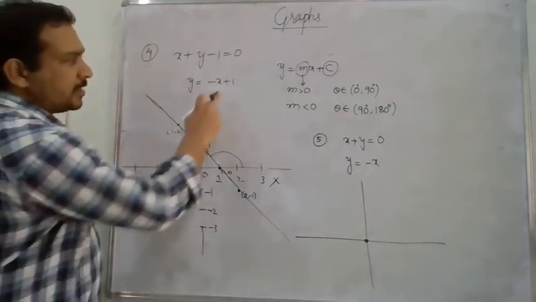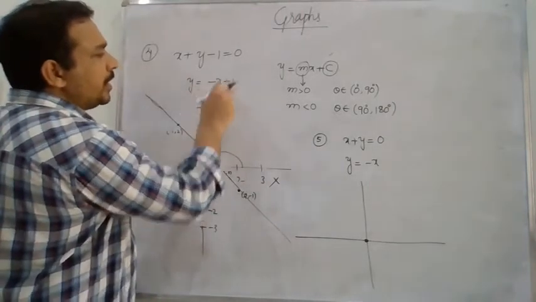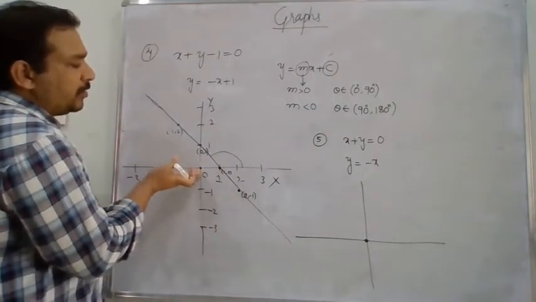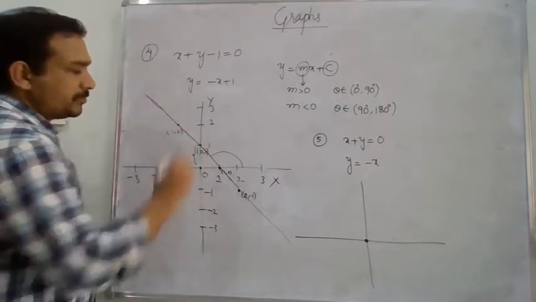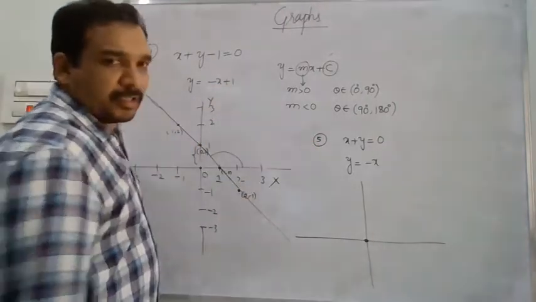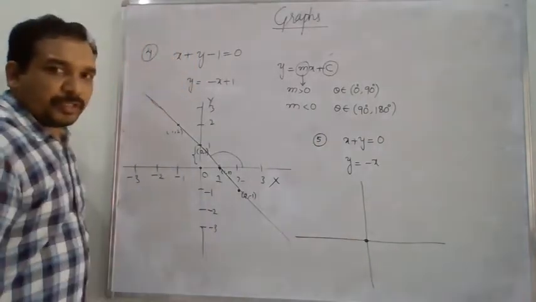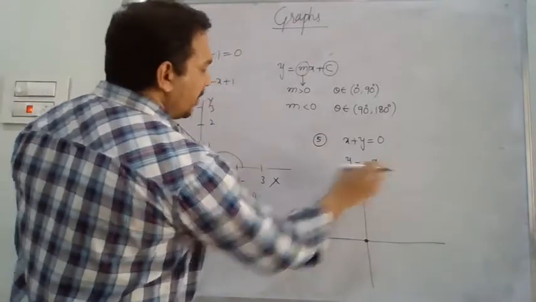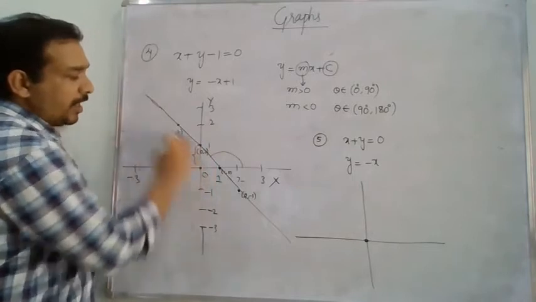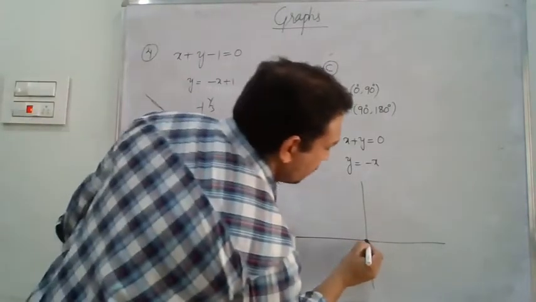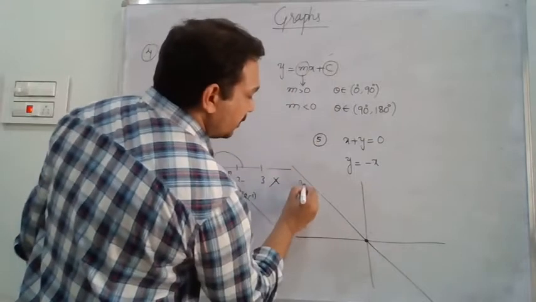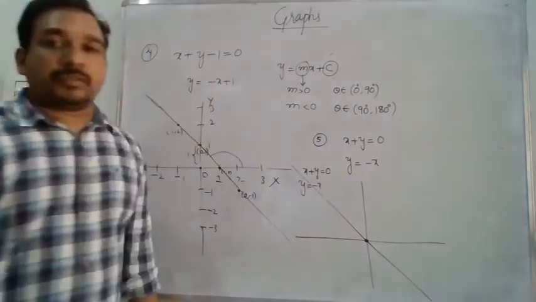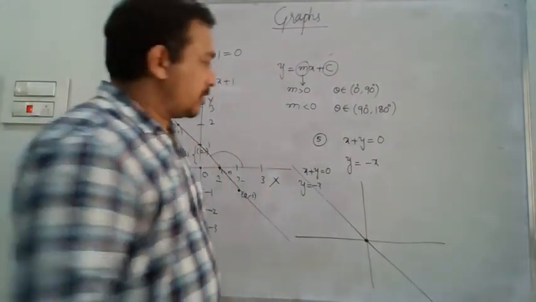So how to decide that? See here, I have added some positive quantity to the x value. If I add the positive quantity to the x value, then definitely the line will go up by 1 unit. If I subtract 1 from x, then definitely the line will come down by 1 unit. So here plus 1 is there, that's why there is a gap of 1 unit. Since plus 1 is not here, this gap won't be there. So the line should pass through the point 0, 0. So the line must be like this. This is y is equal to minus x, or you can write x plus y is equal to 0. Right?